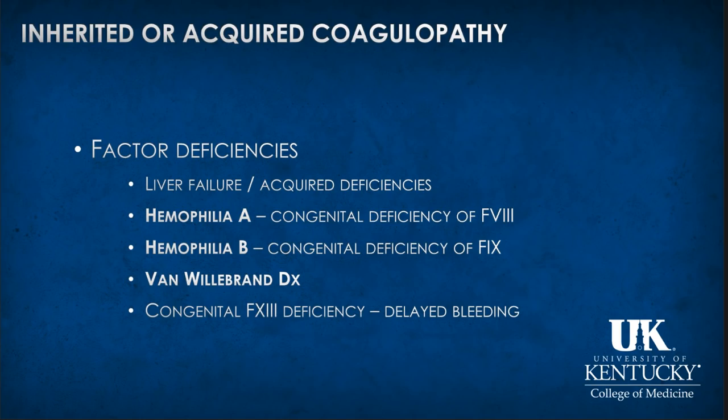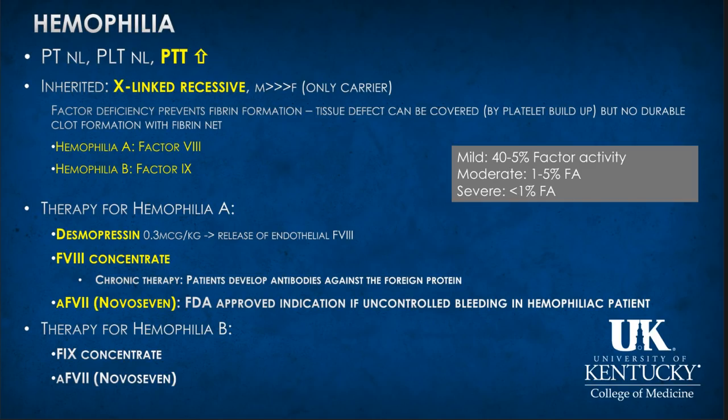So let's talk about some inherited or acquired coagulopathy. The one always emphasized in the in-training exam is hemophilia, hemophilia A versus B, and von Willebrand disease. Hemophilia A is the lack of factor 8. Hemophilia B is the lack of factor 9. Coagulation profile looks relatively normal except an increase in PTT. Hemophilia is X-linked recessive, so therefore